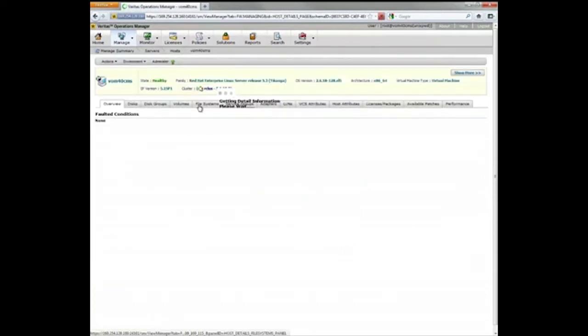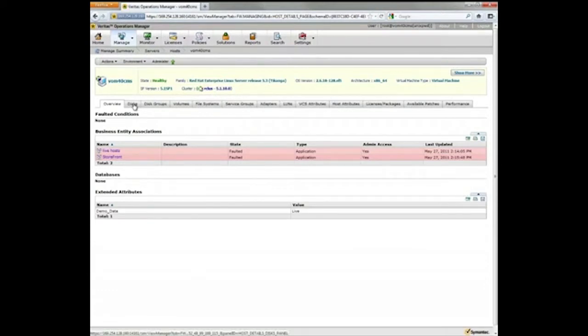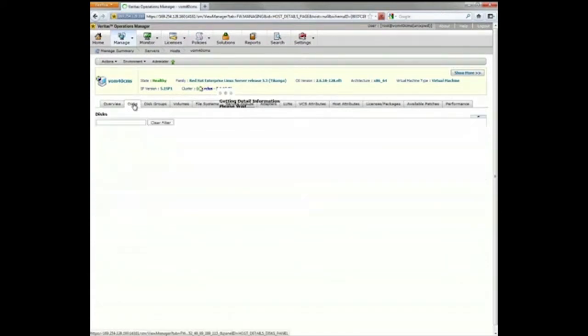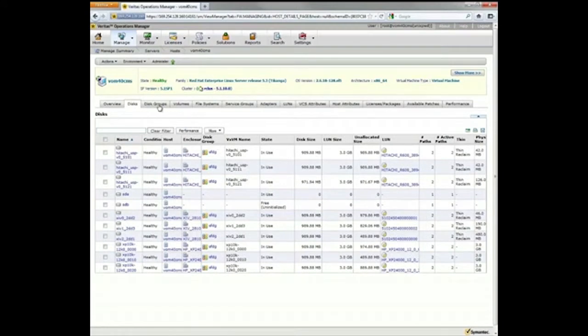I can then navigate down to get into a view that will show me information about the different disks that are connected to that host, information about the disk group, the size information, the LUN details, what enclosure or array that's part of, information about the thin configuration, so I can see how much storage this disk is actually using on the array side. So with a thin provisioned disk, I can see this is actually only using a smaller amount of actual storage on the array side. So a lot of information about the disks,